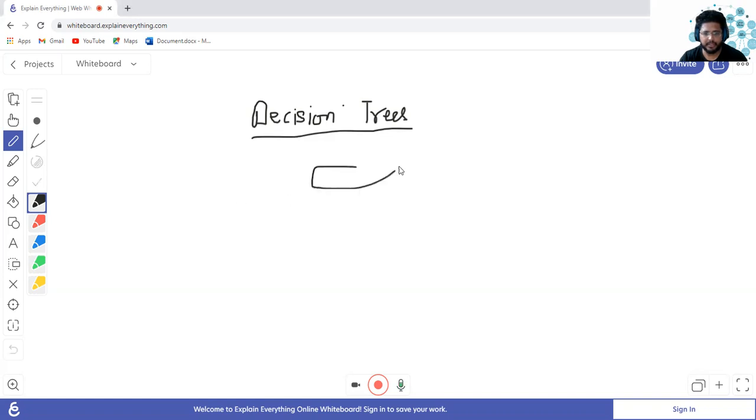So if you remember, this is blood cholesterol. Blood cholesterol will have two paths. One is a yes path and one is a no path. And in the yes path, we will see how many times it has heart disease, how many times it has no heart disease. And similarly in here also, how many times it has heart disease, how many times it has no heart disease. Then we calculate the Gini impurity of this, then the impurity of this, and using these two, we calculate the Gini impurity of this, right?